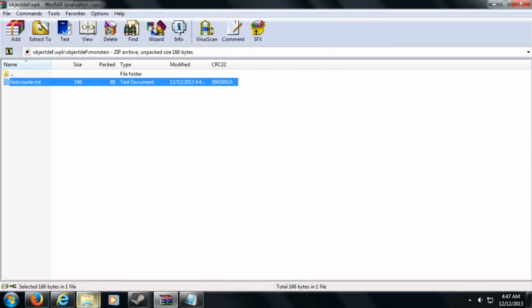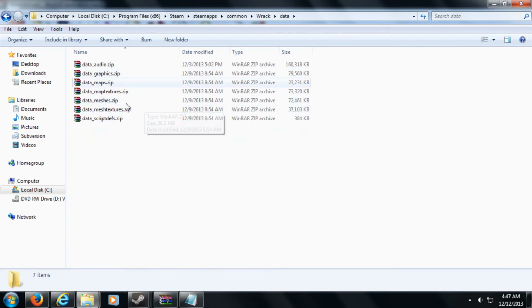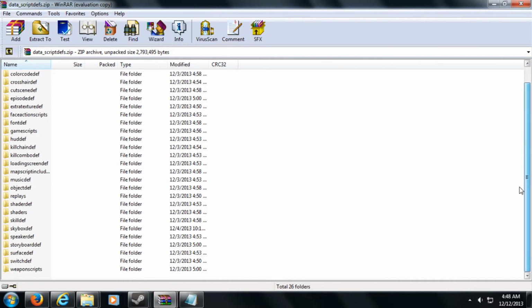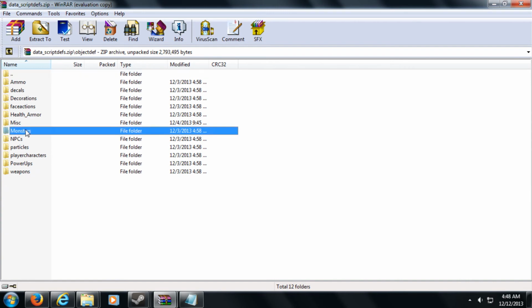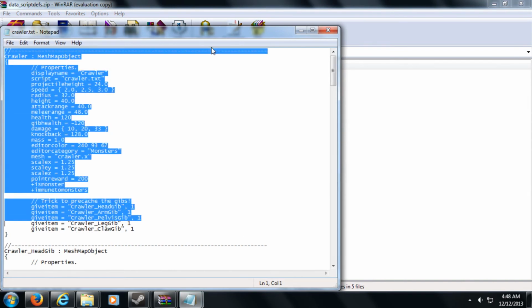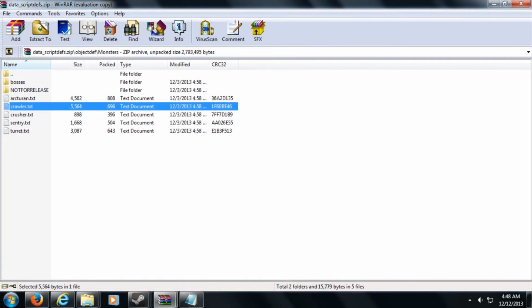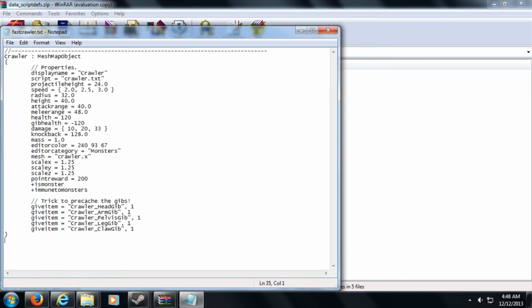So let's see here, and I'm going to use this to show you one more thing, which I think is probably pretty helpful. But I'm going to go back into the original Wrack files and pull up the crawler definition. Okay, so I'm going to copy this whole thing here, and then paste it. I'm just going to paste this full thing. Okay, so before I did this,